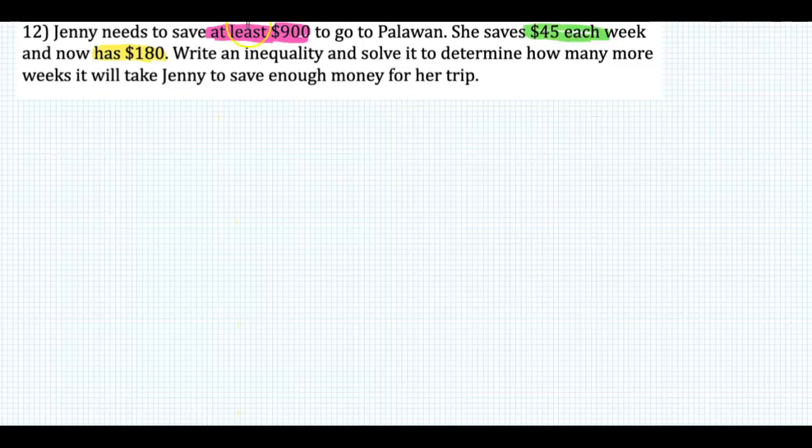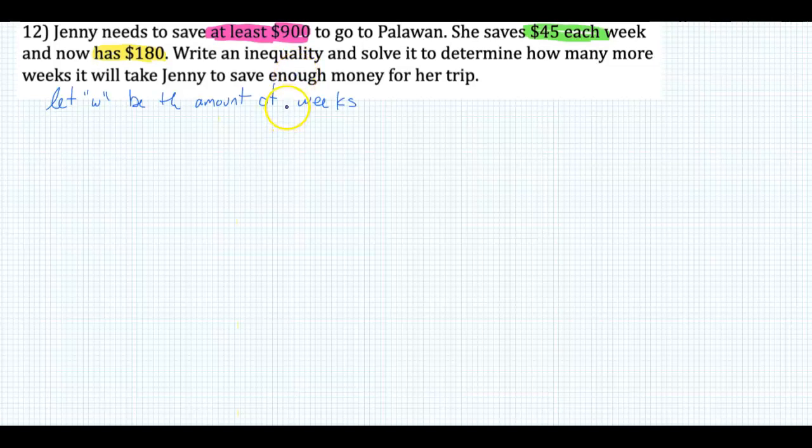Okay, so what is our target? Let's think about what it is that we don't know. We don't know how many weeks. That's really our unknown. Let's make a let statement. Let W be the amount of weeks. We're starting off at 0 weeks right now, and then in 1 week we'll have $45 more,